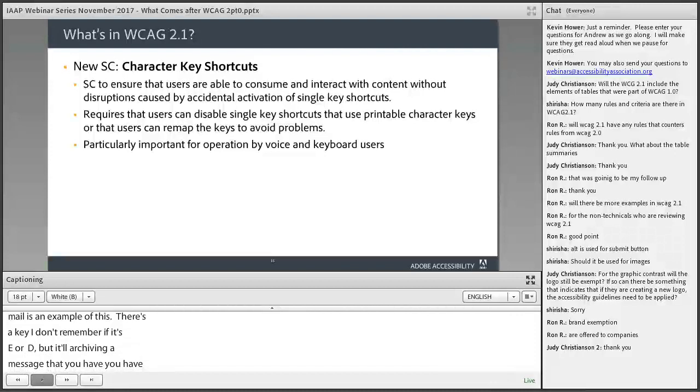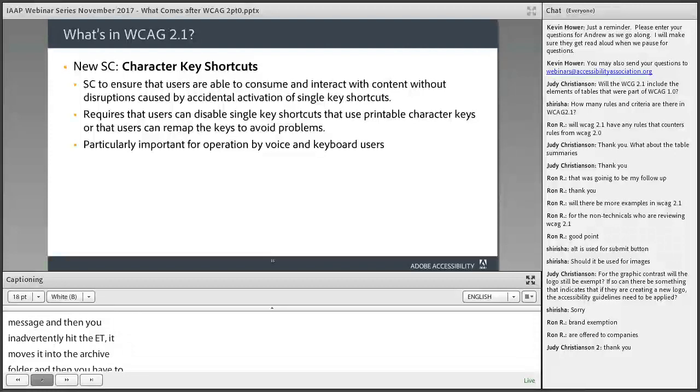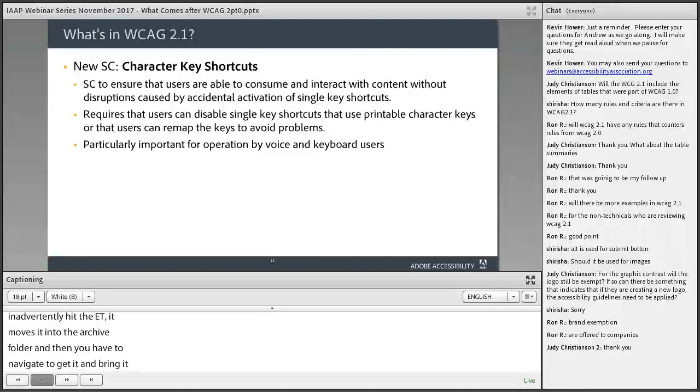So if you're using a keyboard and you select a message and then you inadvertently hit the, let's say it's the E key, it moves it into the archive folder, and then you'd have to navigate to go get it and bring it back if you really wanted it. It's actually even worse for someone who is a voice user, in that if you're working in an office